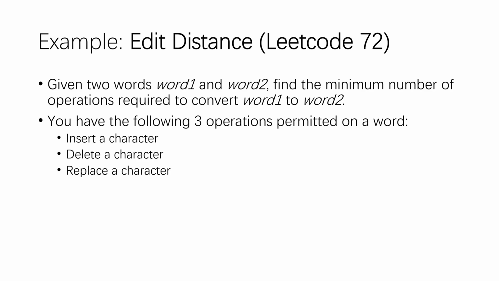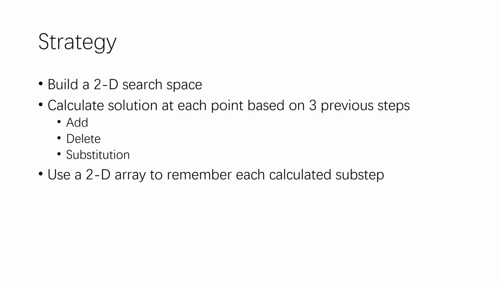Given two words, word 1 and word 2, find the minimum number of operations to convert word 1 to word 2. Basically, it's asking for optimization of a series of operations selected from insertion, deletion, and substitution or replace, to convert one list to another. Those are performed on list elements, of course. To approach this problem,